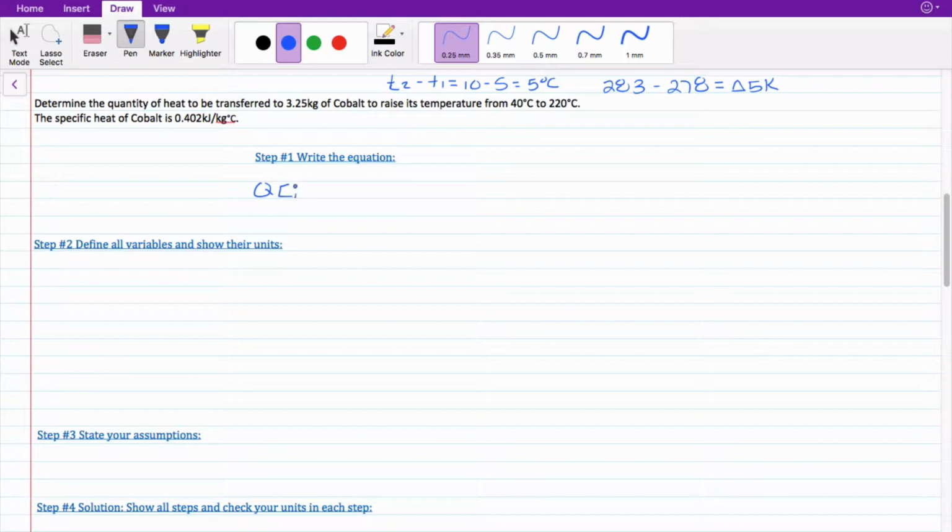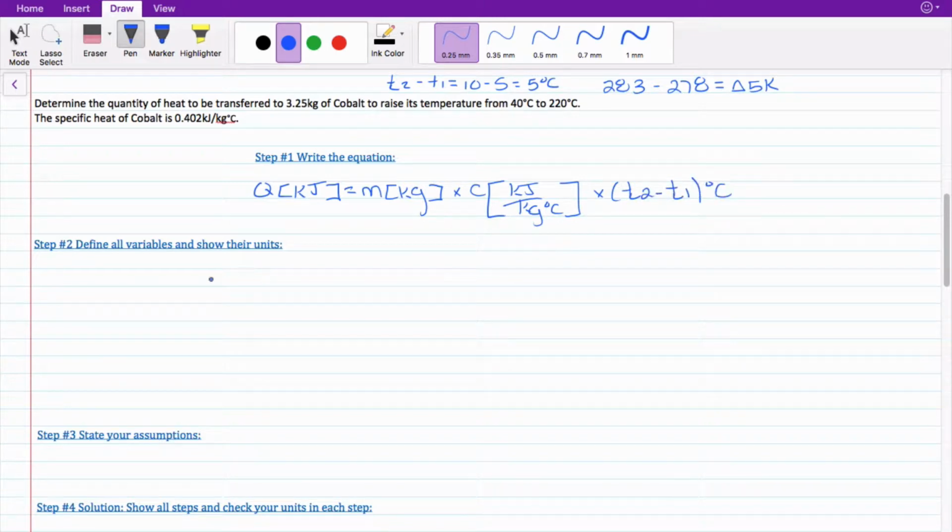So Q, the heat added or removed, is in kilojoules. You have your mass, in kilograms, times your specific heat, in kilojoules per kilogram Celsius, times your temperature change,